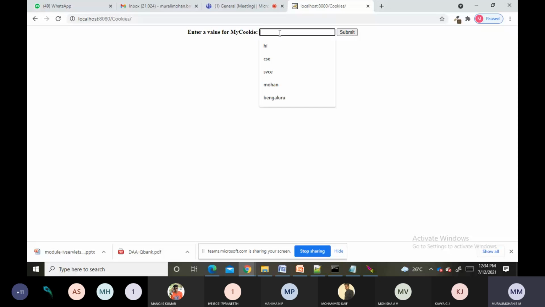Let us give the value as SVCE-CSE. So the value for my cookie is SVCE-CSE. Submit. You just see, my cookie has been set to SVCE-CSE.